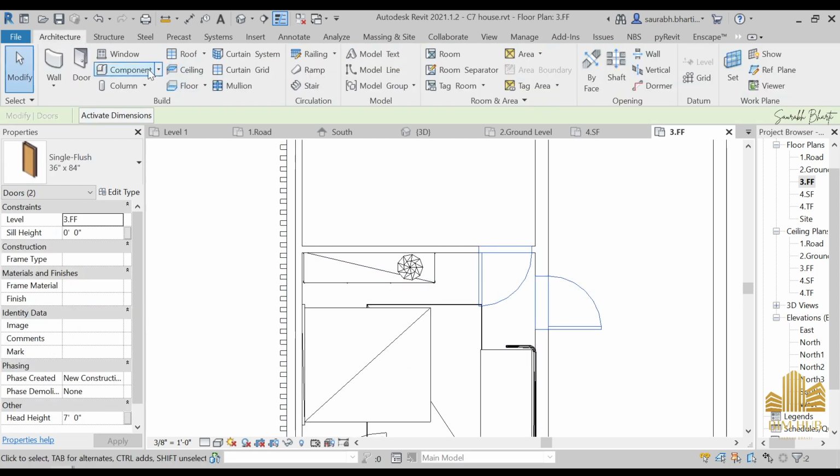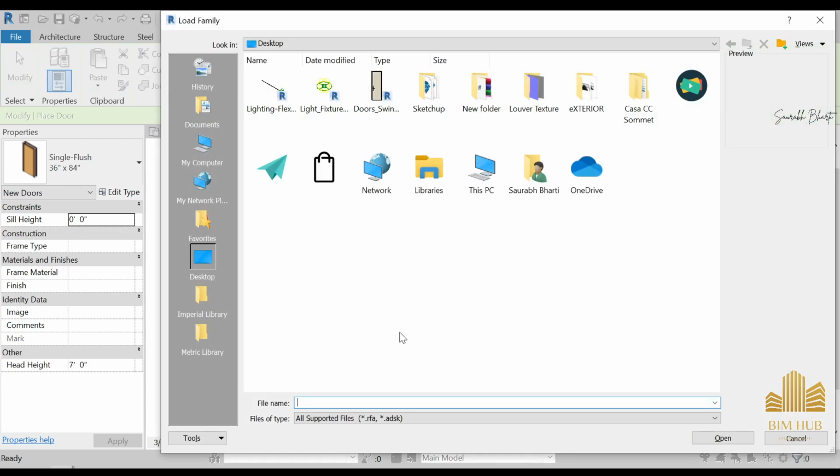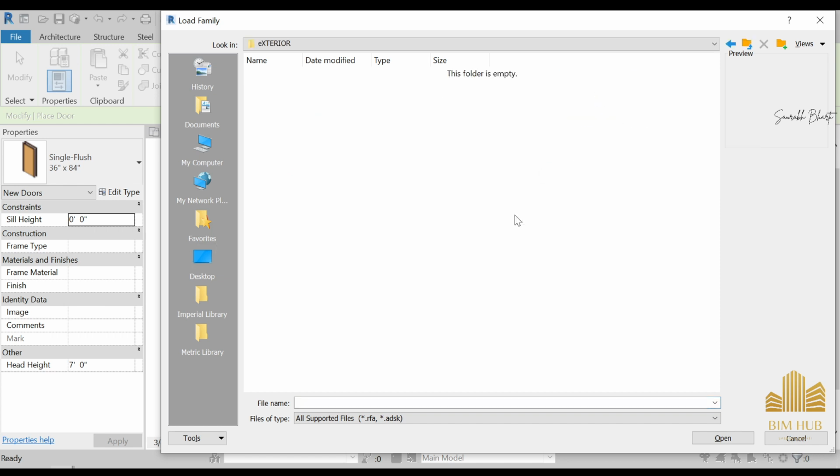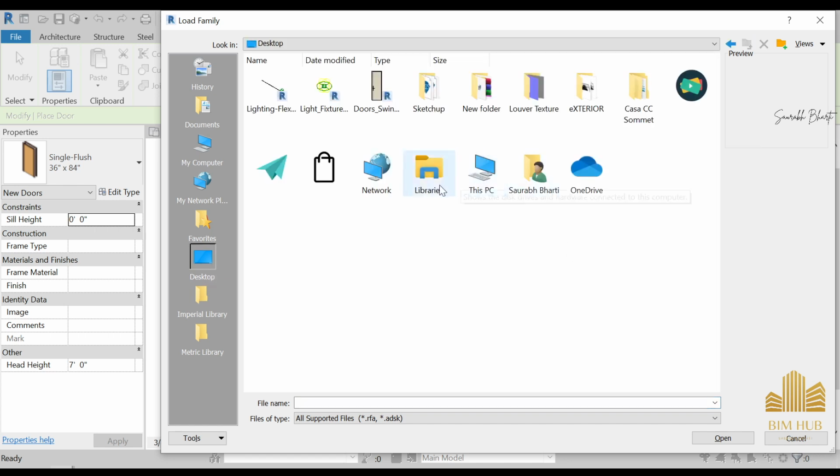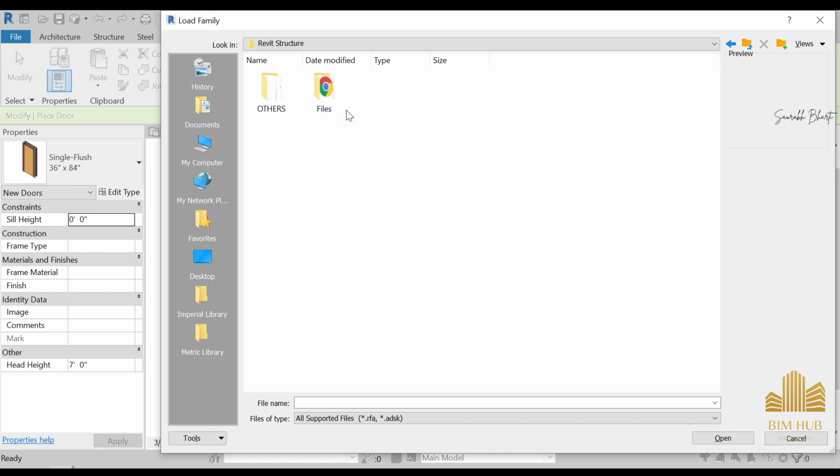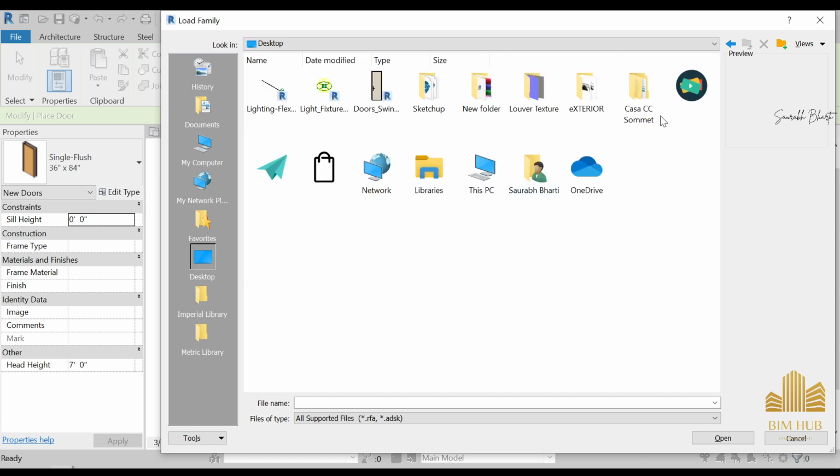Again, go to the door, go to the door family. Exterior, let me see if I have some other doors. Sorry for the interruption. To be used, let me see. Okay,